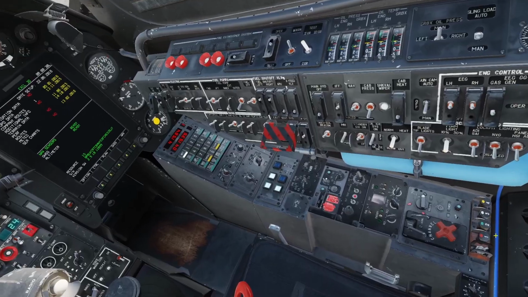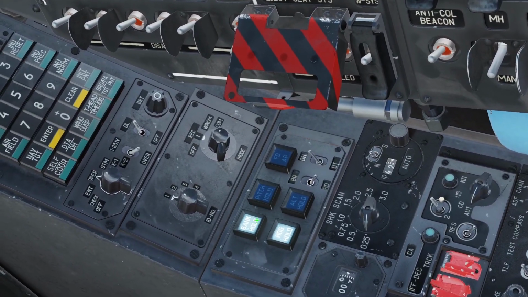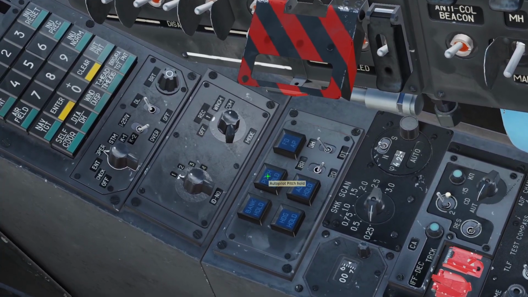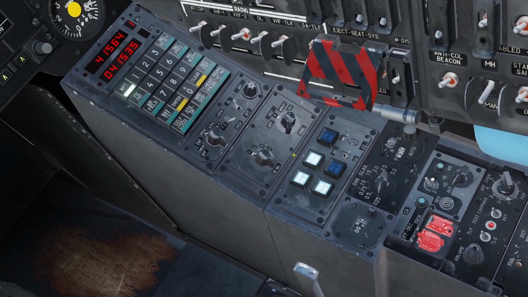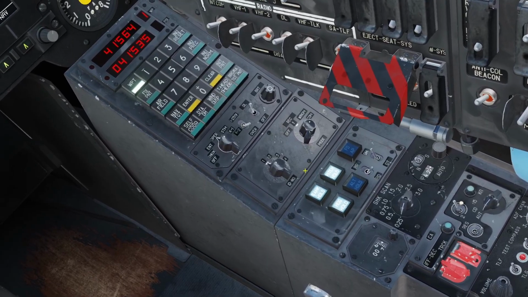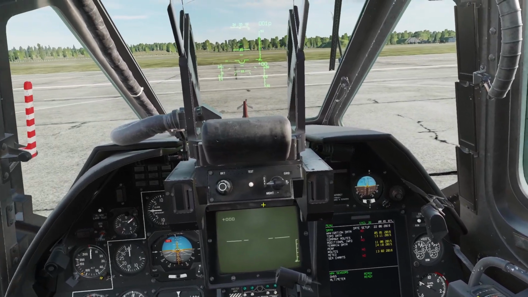to go over. If you look at these buttons down here, you have the different autopilot channels: pitch, bank, and heading. Now normally when you're flying around, you have these three channels on by default. So these buttons do two things. The first thing they do is that they stabilize the Ka-50. The second thing they do is that they basically hold the pitch, bank, and heading of the helicopter when you